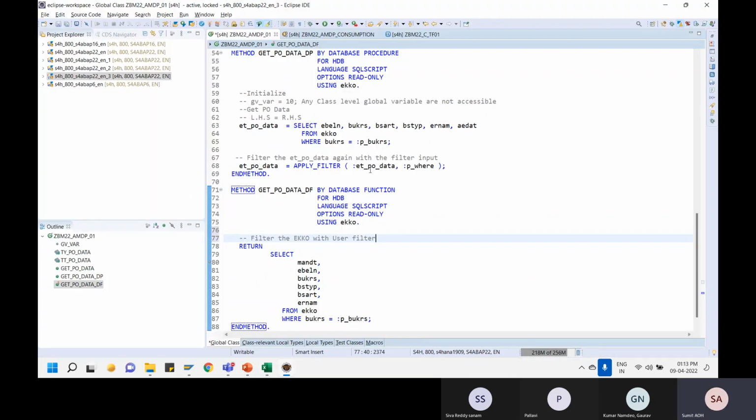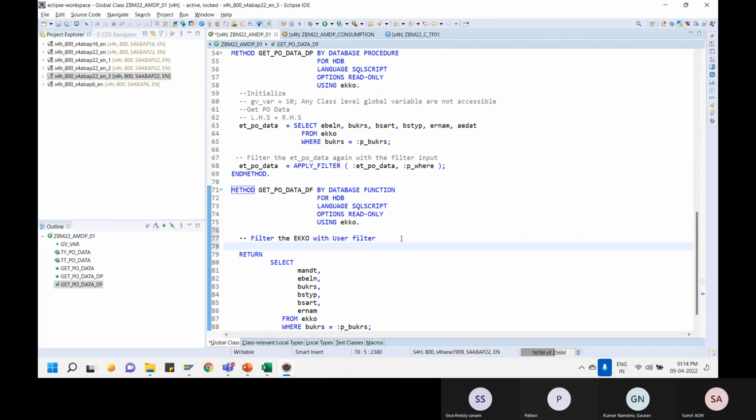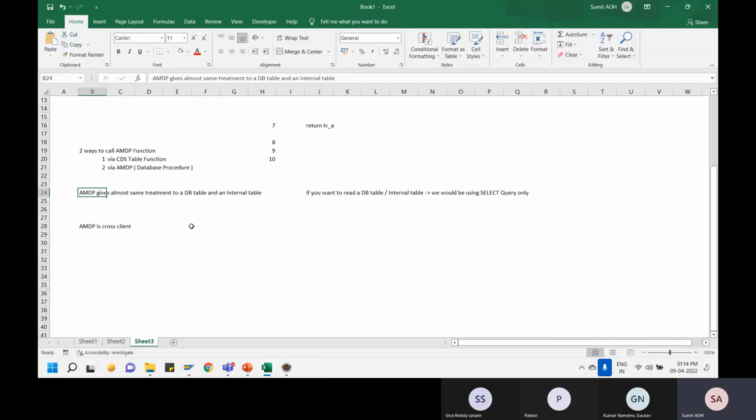So here what we did is we tried applying filter on the internal table. Now let's just try applying filter on the database table instead. So I can have one more local variable created. So one way to create a local tabular variable out of an